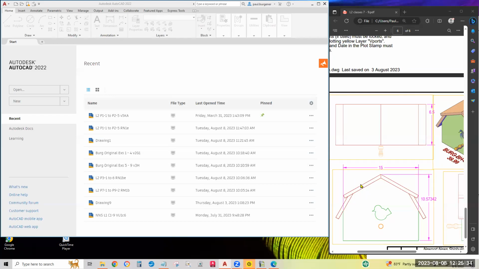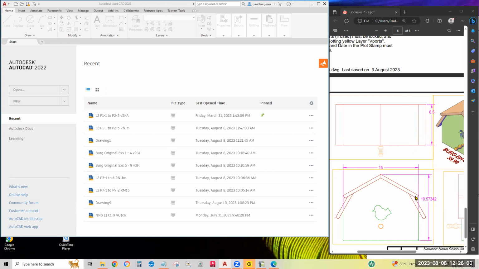In this video, I'll show how to make the boards of the birdhouse, the final assignment for the level 2 AutoCAD class at the Shipyard Night School. I'll use the dimensions on your handout for the birdhouse as guidance. I think the key is to make it front to back low so that the three views can fit on